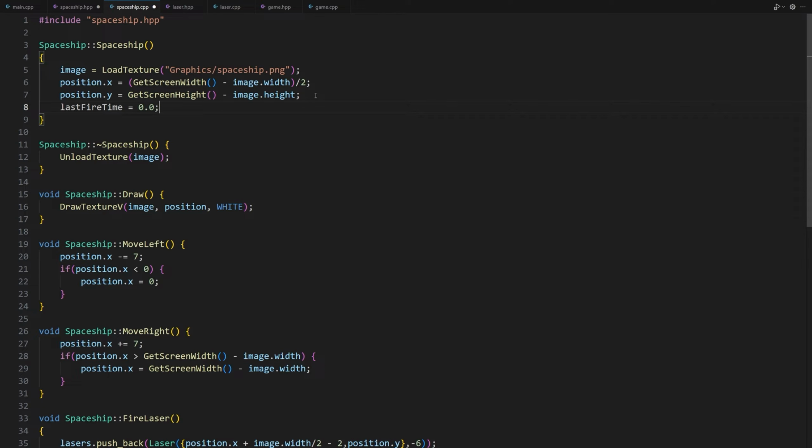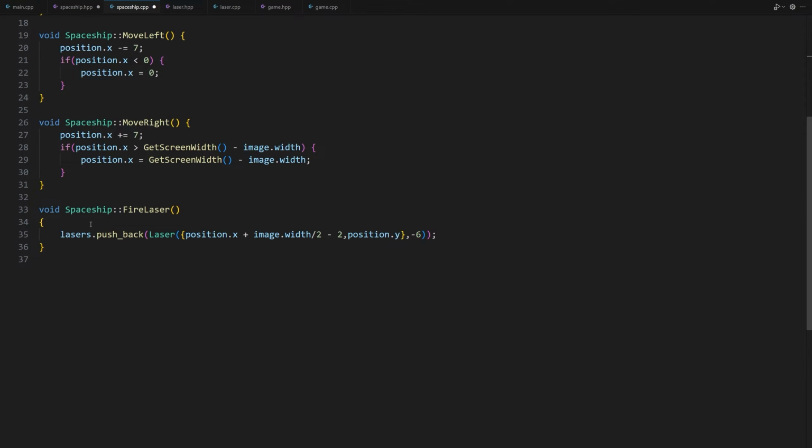It is now time to go to the fire laser method and fire the laser only once every 350 milliseconds, for example. So we're going to use the GetTime function of Raylib, which returns the time since the game started. We only need to add a check here.